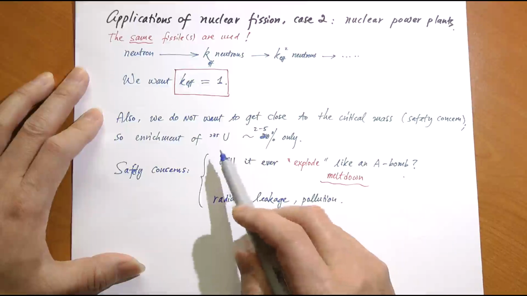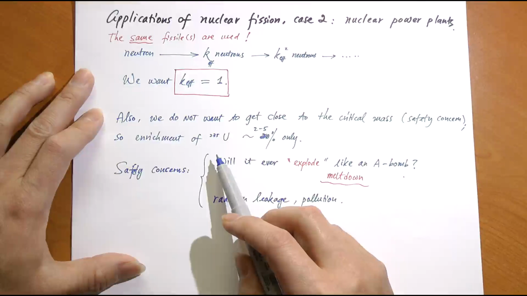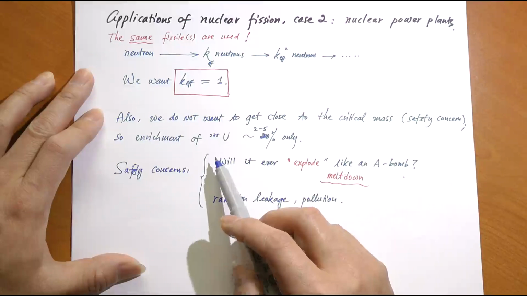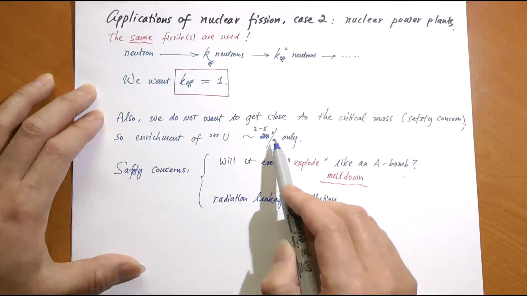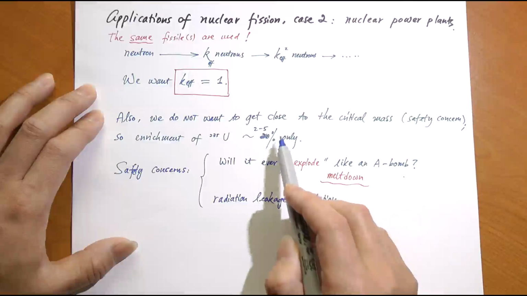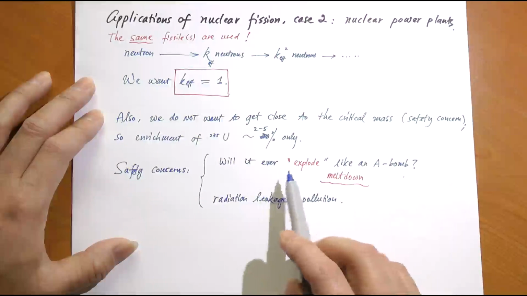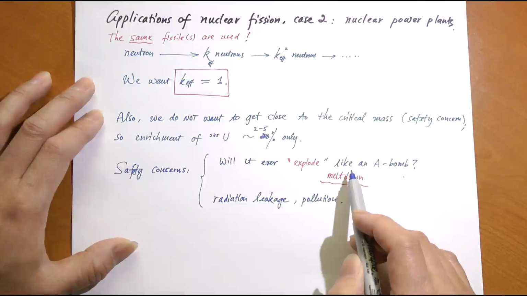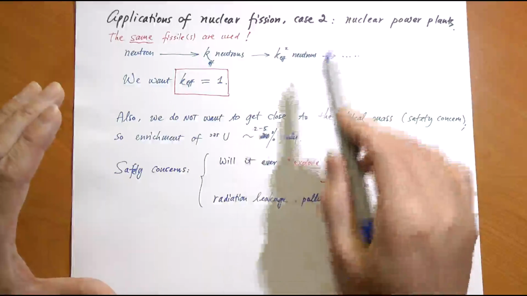And we do not want to turn this into a bomb, even in the case of an accident. Therefore, because of safety concerns, we do not want highly enriched uranium in the fuel rod. We want only 2 to 5% enrichment instead of 90% or higher. This ensures that even if there is a catastrophic failure in a power plant, the worst that you can get is a meltdown, not a nuclear explosion. Will it ever explode like an atomic bomb? No, because there is not enough concentration or enrichment of uranium-235 to produce a runaway